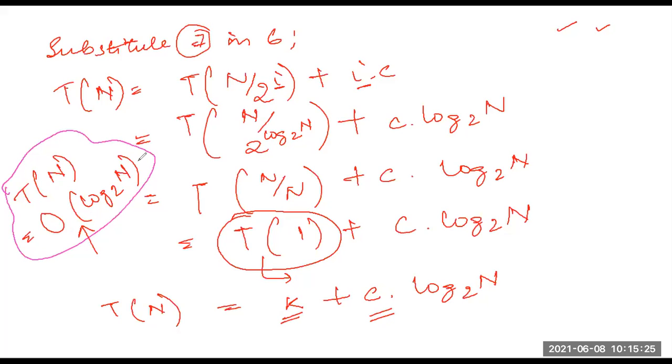Maybe in your question, one objective answer will come, asking what is the worst case complexity. You will never have to show these things, but it is for your reference, for your knowledge, so that you won't forget how these things are coming. Is it clear how the time complexity of binary search has been derived? Yes or no? Okay. Now the next topic which we will learn today is bubble sort.